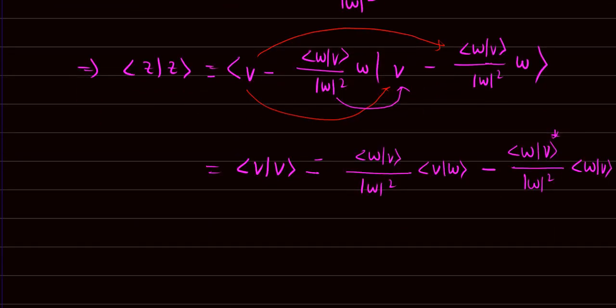Okay, and the last one will be this one with this one. So minus minus will give us plus. This will be omega to the power 4, and the component of this will be conjugated,